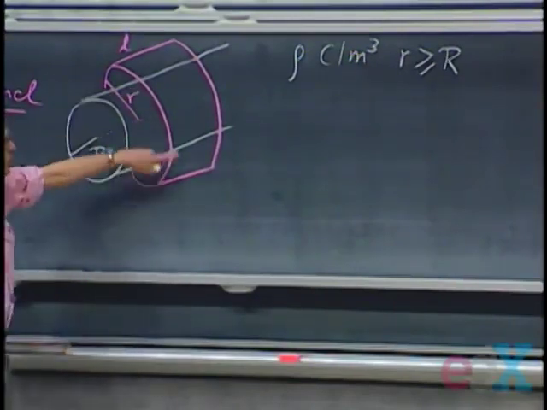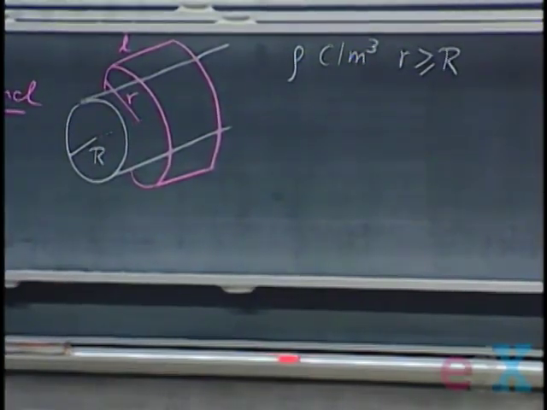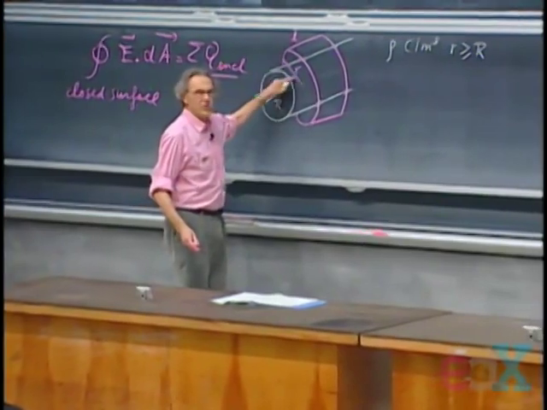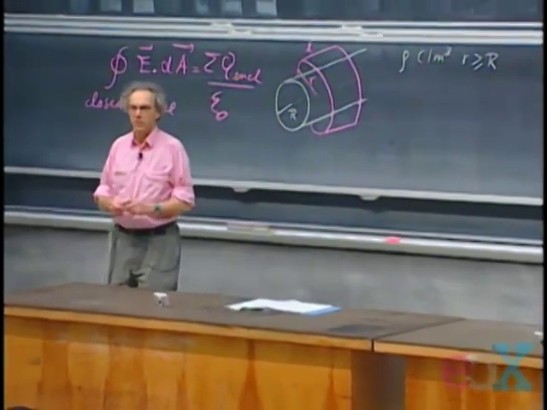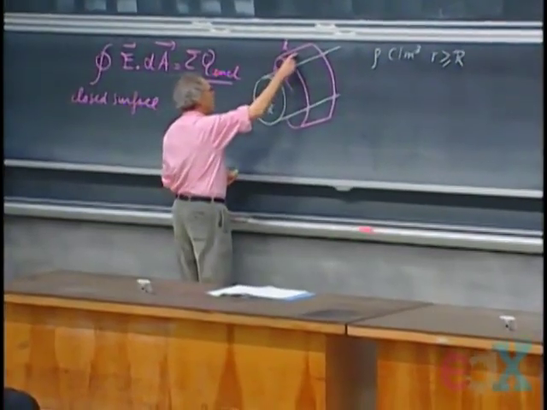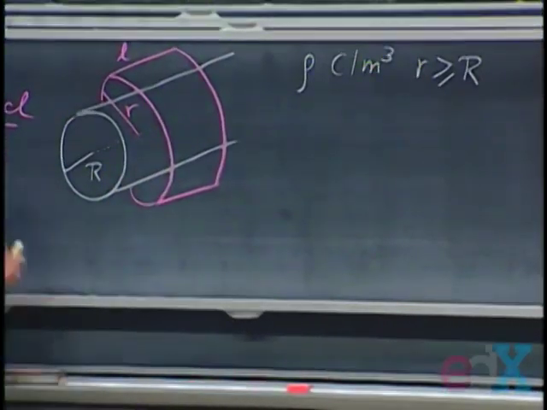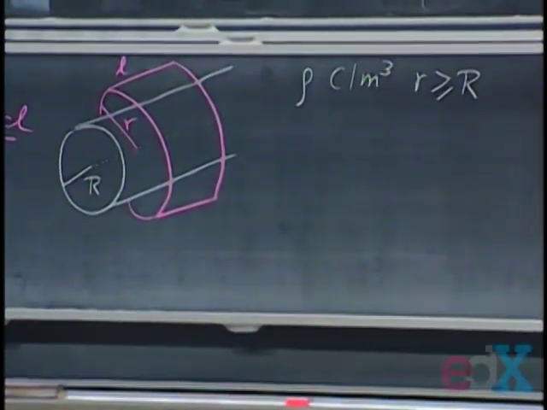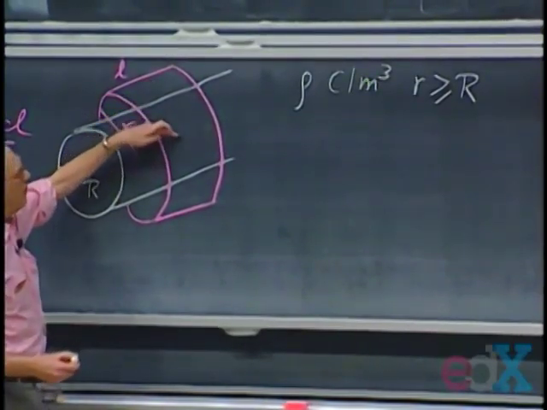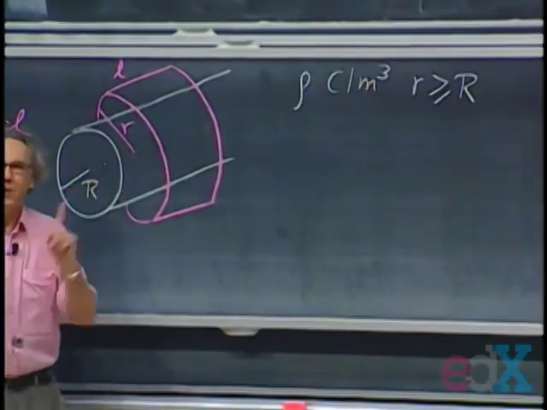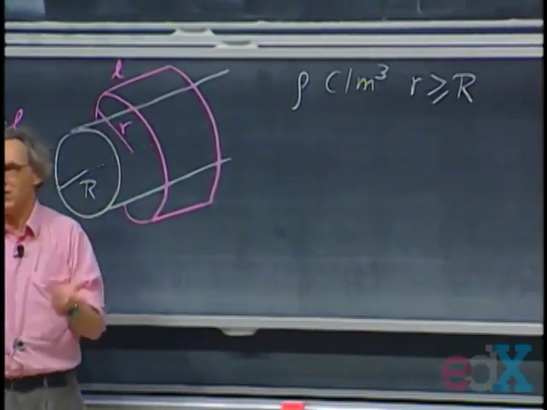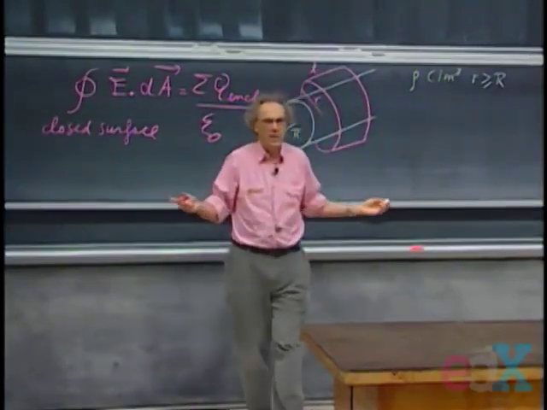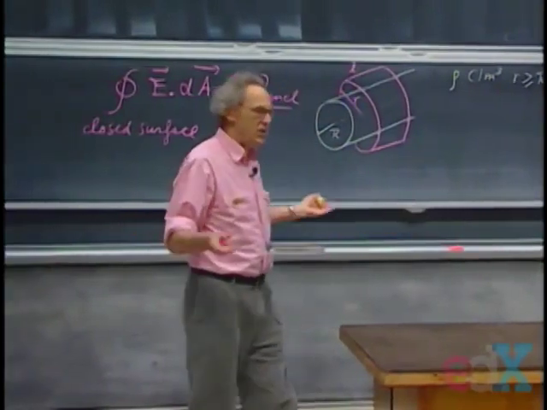and so I know that everywhere on the surface of that cylinder outside, the electric field must be the same everywhere because the distance is the same. That's a symmetry argument. Electric field cannot be any stronger here than it is there if I'm on that surface. Symmetry argument number 1. Symmetry argument number 2 is, given the fact that this is a cylinder, the electric field must everywhere be perpendicular to this axis, coming out. I call it radially, but it is of course not radially like a sphere. It's radially coming out of this surface, always perpendicular to this axis of symmetry. Nature could not decide any other way. That's the second symmetry argument.